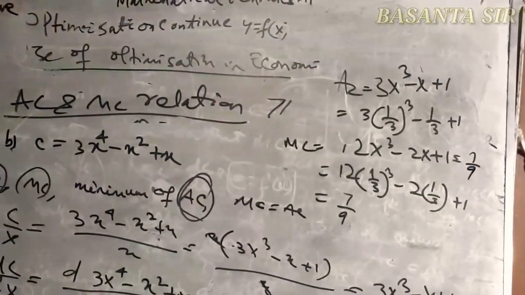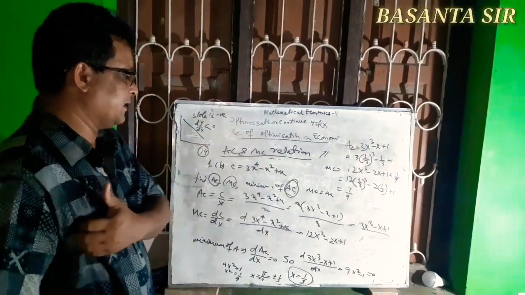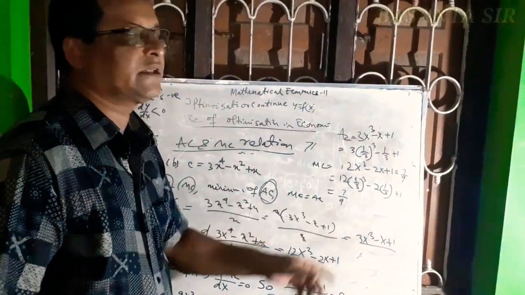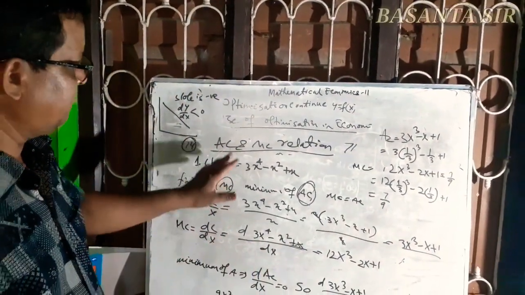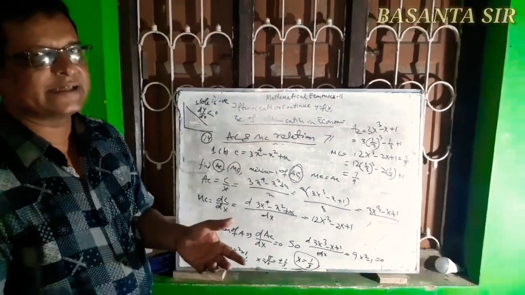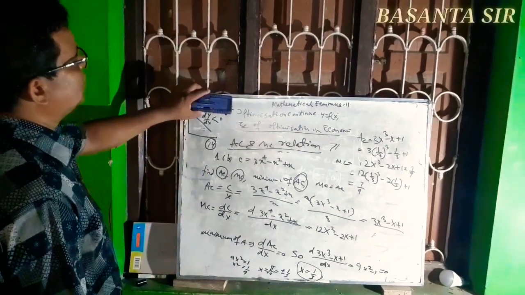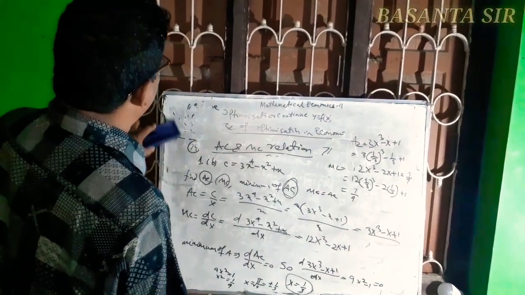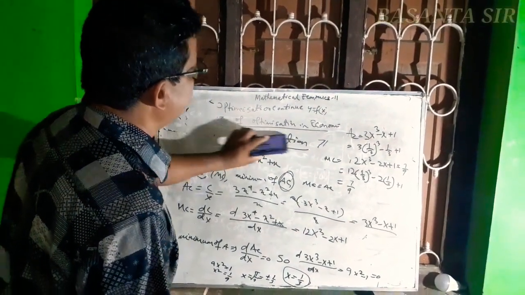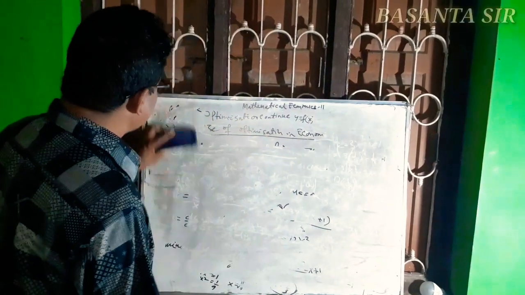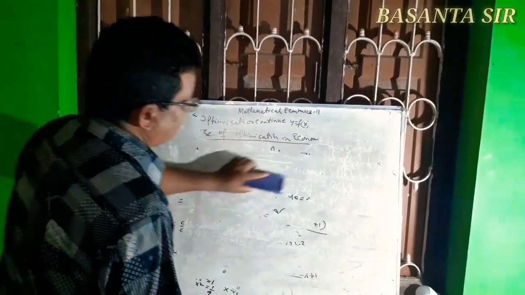So we find that at the minimum of SC, MC equal to SC. This is the problem that will be asked in examination on the SC and MC relation. Now we will go for the last use of optimization in economics. The last use of optimization in economics is